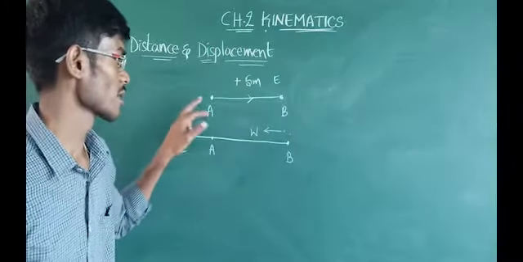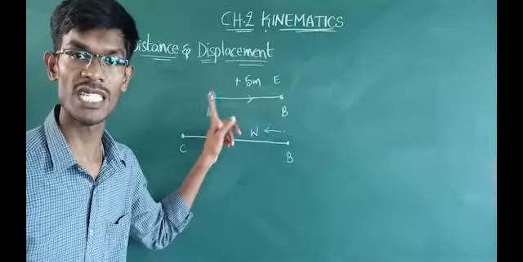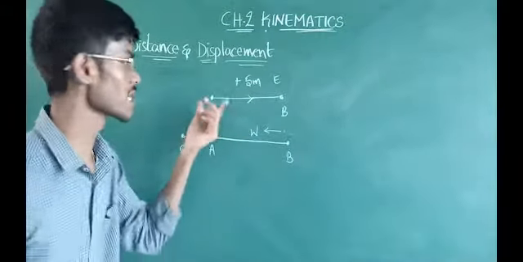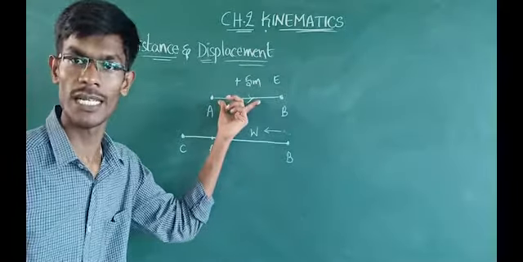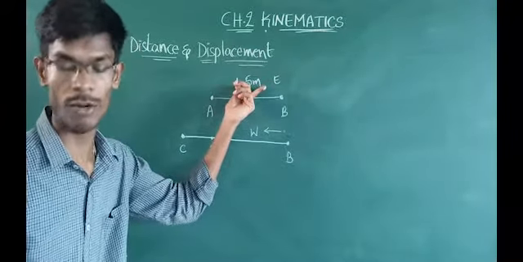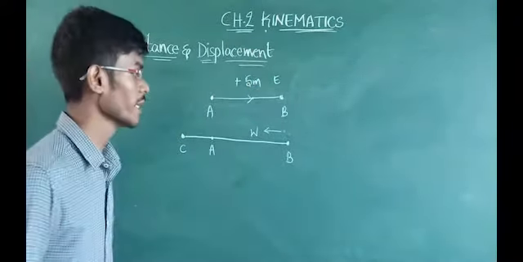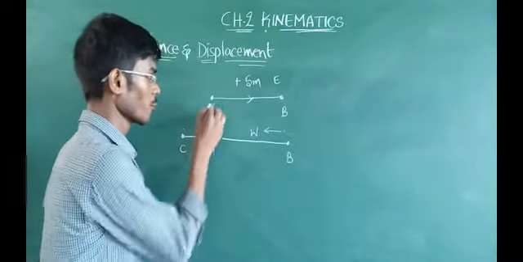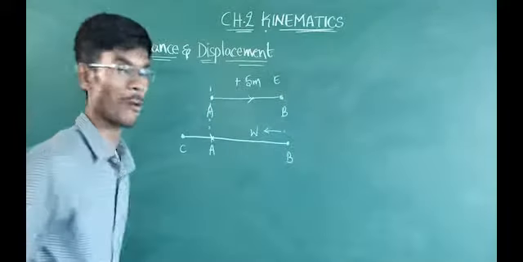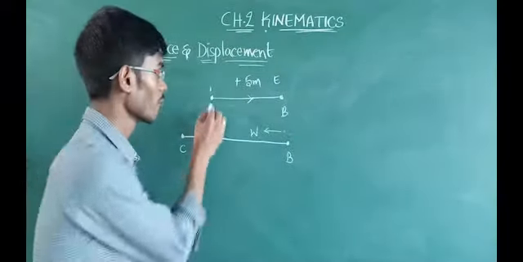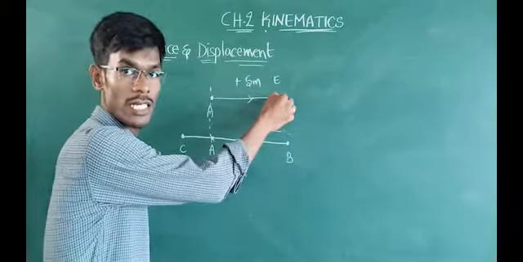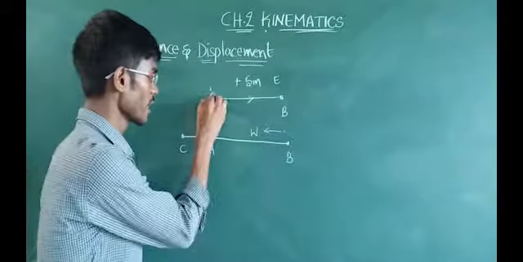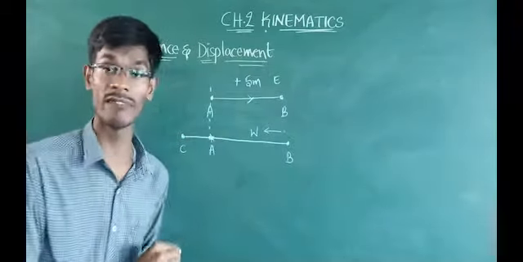In this case, A to B, an object is moving, distance is equal to 5 meters. Then displacement is also 5 meters. Why? Because there is no other path. This is only the single path. That's why distance is equal to displacement. But here, while it is returning back up to the point A, it is moving 5 meters in the east direction and again coming 5 meters in the west direction. Then initial and final positions are the same, so displacement will become 0.